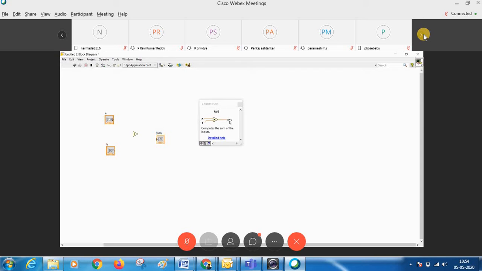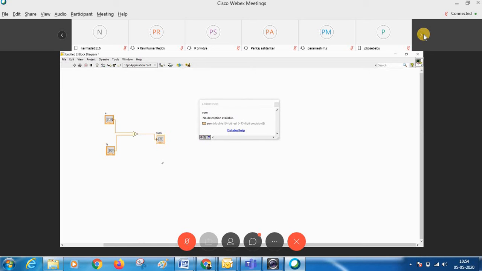We have two inputs, and with respect to that we have the output. Then connect to these two inputs. This is what we call wiring, and you just connect it to the sum. See, now this is one program I did.